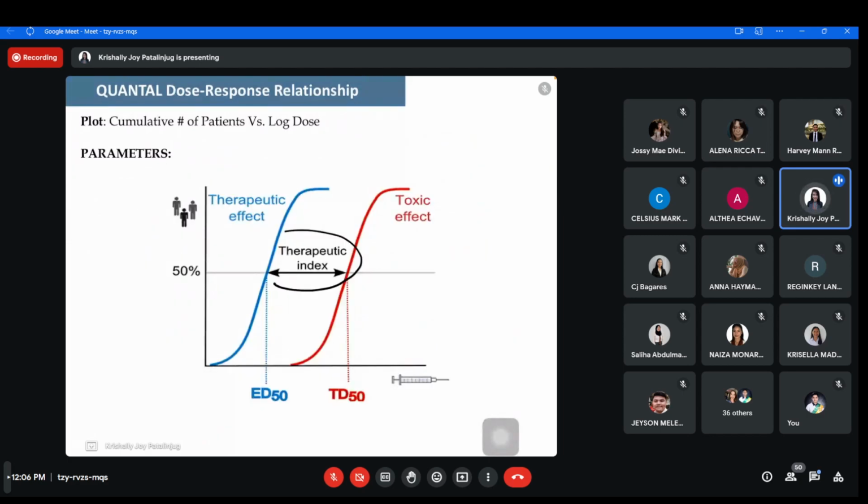Yung ginawa ko kanina na illustration. So you already understand how to identify the ED50, the TD50. Let's say, for instance, in this given graph,